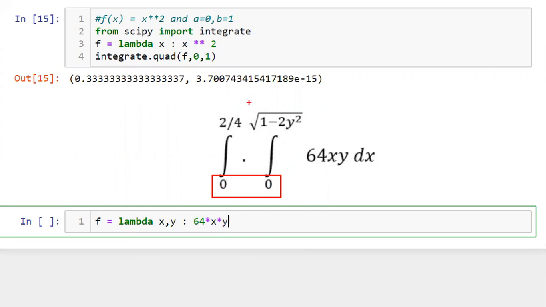If you take this, again we have some different notations, right? Square root of 1 minus 2y square. Okay, for this again I'm going to create a function here. So just try to understand this. I'm going to create different values here.